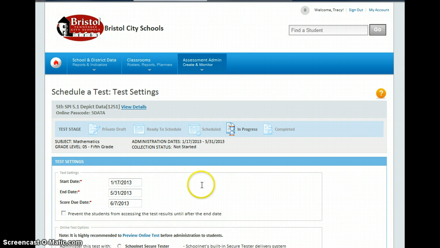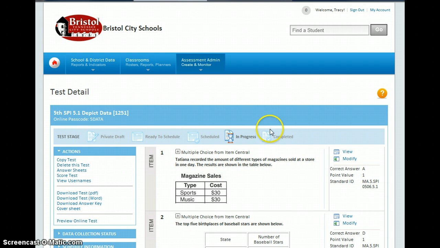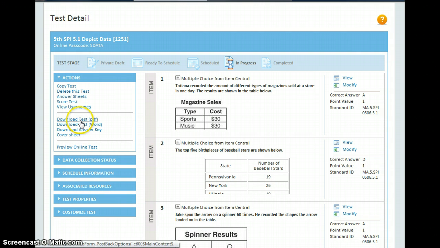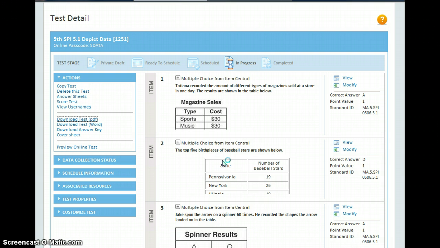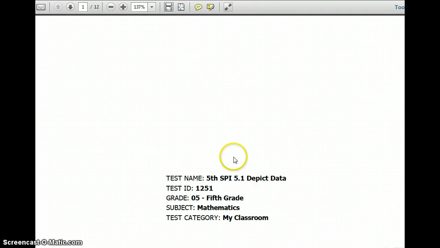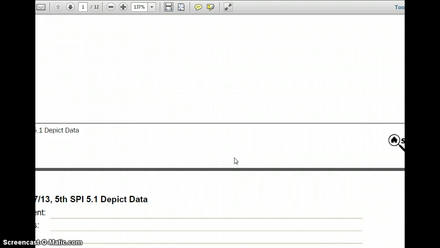So then I'm going to save. And then save again, and it'll take me back to my test. So that's how you get the test to be available for students online. If you don't want to use it online but you want to print it out, you can go to download test as PDF, open it on your computer, and then it comes up as a PDF, and you can just print it out, and here are all the